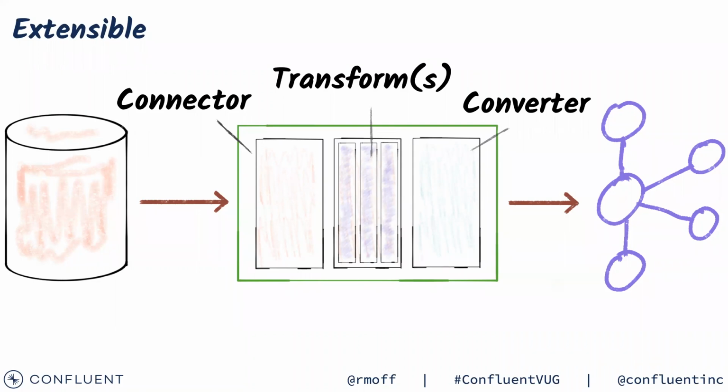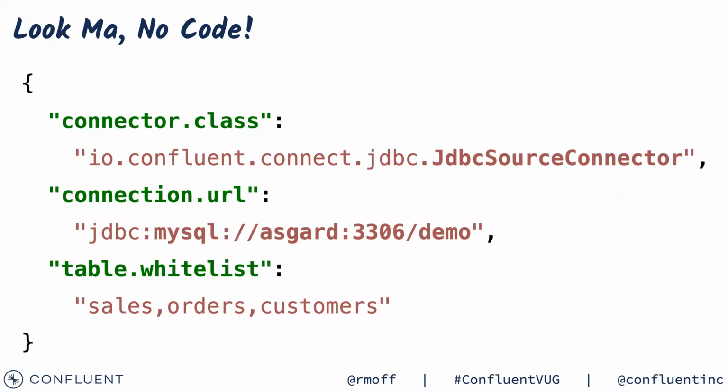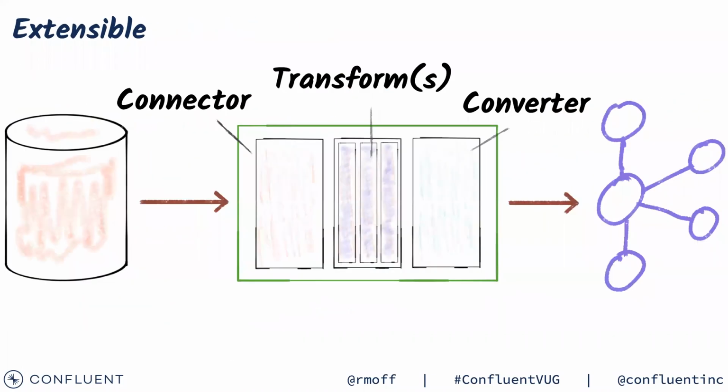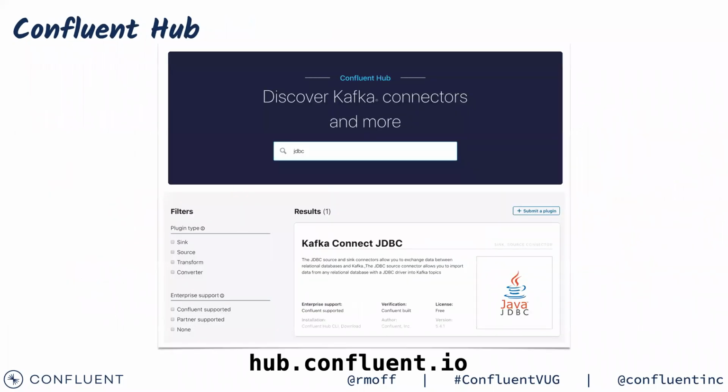And all you do as a user is say, here is my configuration, and you'll have a line on there which says, and I want to use protobuf, or I want to use Avro, or I want to use JSON. But it's just a line of configuration, and you can just mix and match these different pieces together. You can use Confluent Hub to go and find all these different connectors and transformations and converters. So you see, I've got data, it's sat in Kafka, and we want to get it into Elasticsearch. So we type in Elasticsearch,